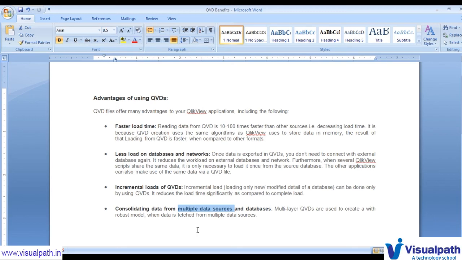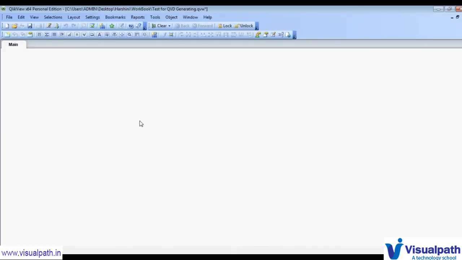One more item to be noted here. The QVD file which we have generated can only be opened by the QlikView application. No other application, like Notepad or something else, or any Word file or any other application, can open your QVD file.